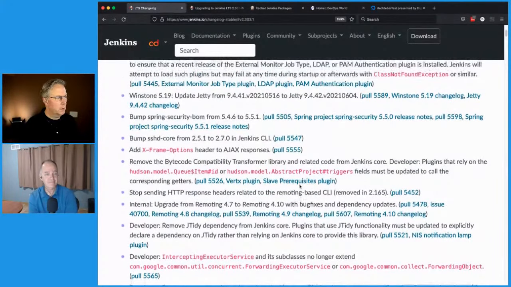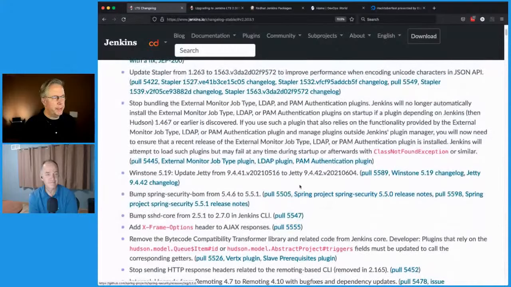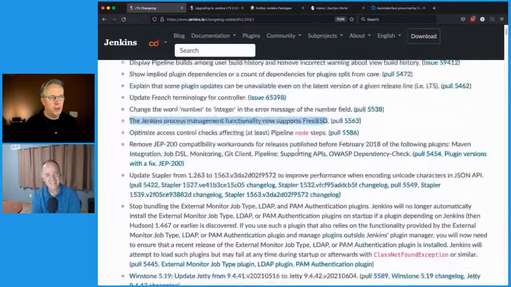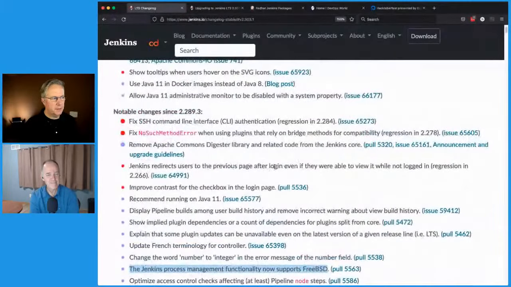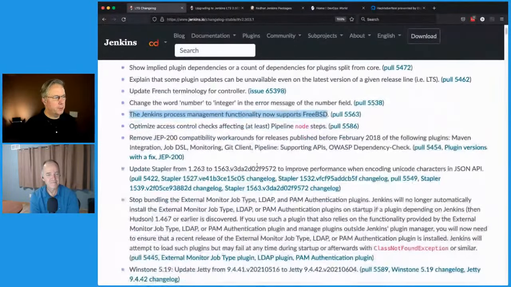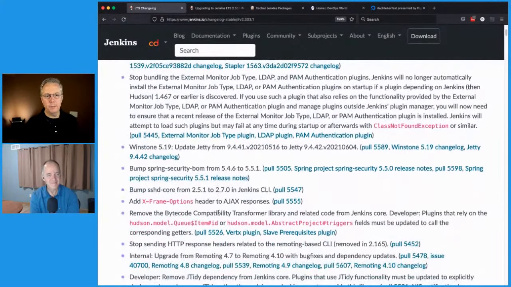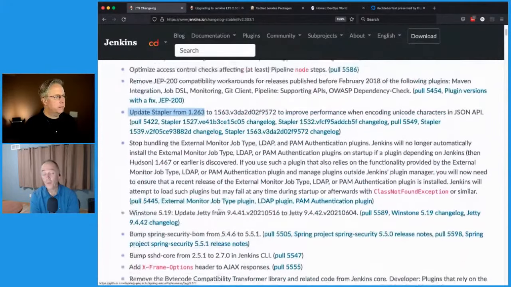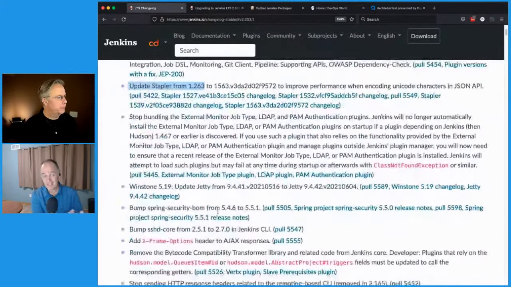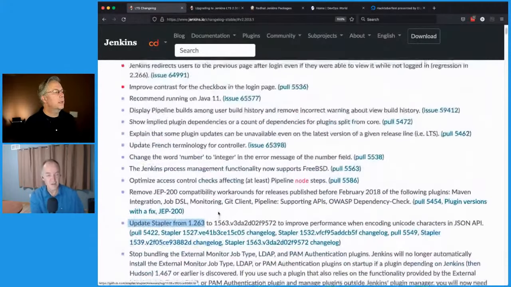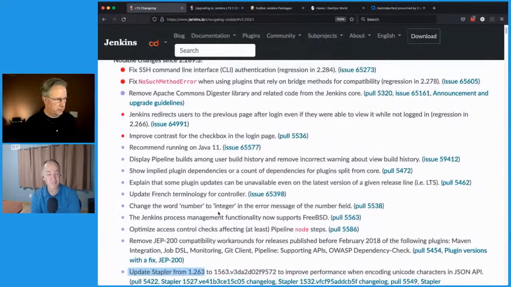Absolutely. Okay. Well, do we want to go ahead and move into the upgrade guide? I think we should. Because as much as this list, and of course, if you get beyond the from update stapler on down, that's basically just bump type items, right? Well, there's some hiding in there. They're also mentioned in the upgrade guide, but I think we'll do better if we use the upgrade guide as our framework to talk about them, because